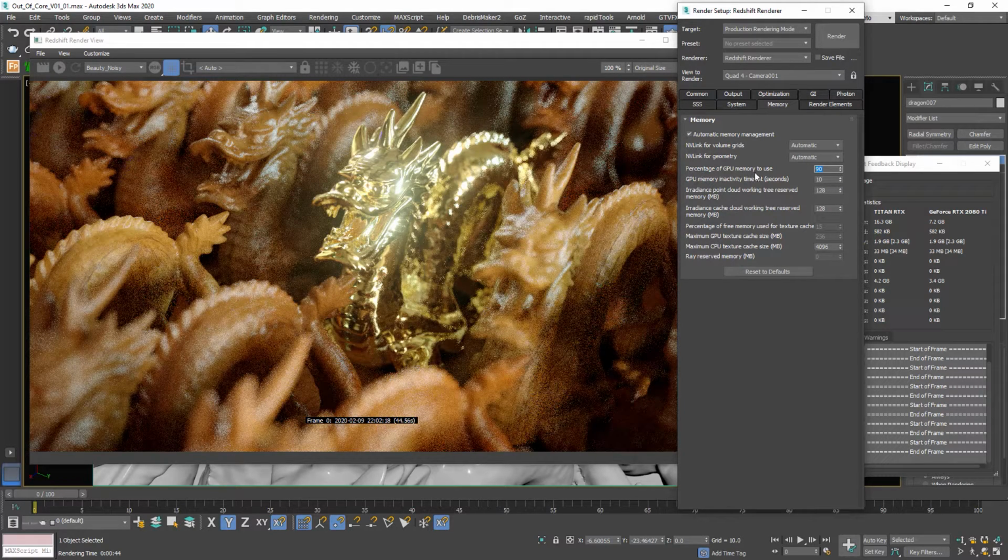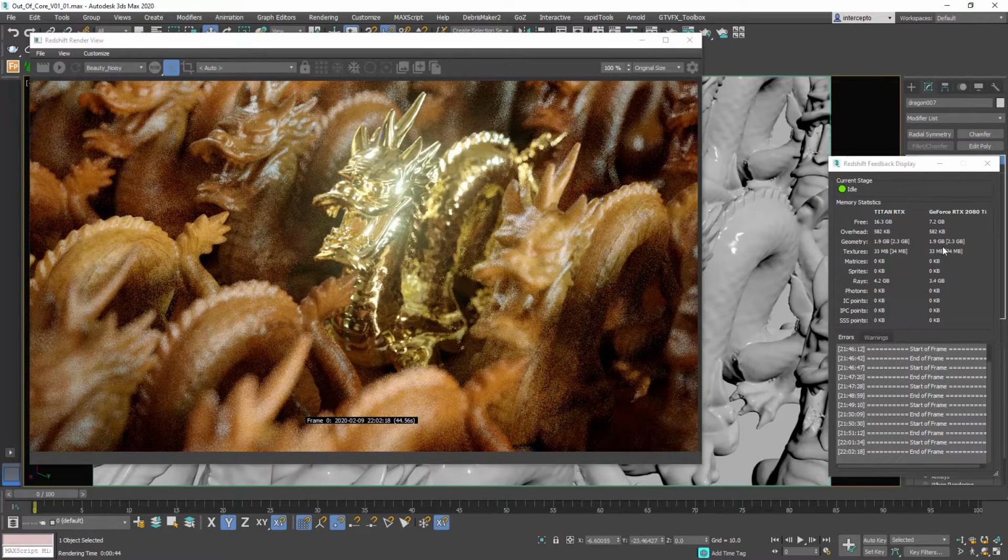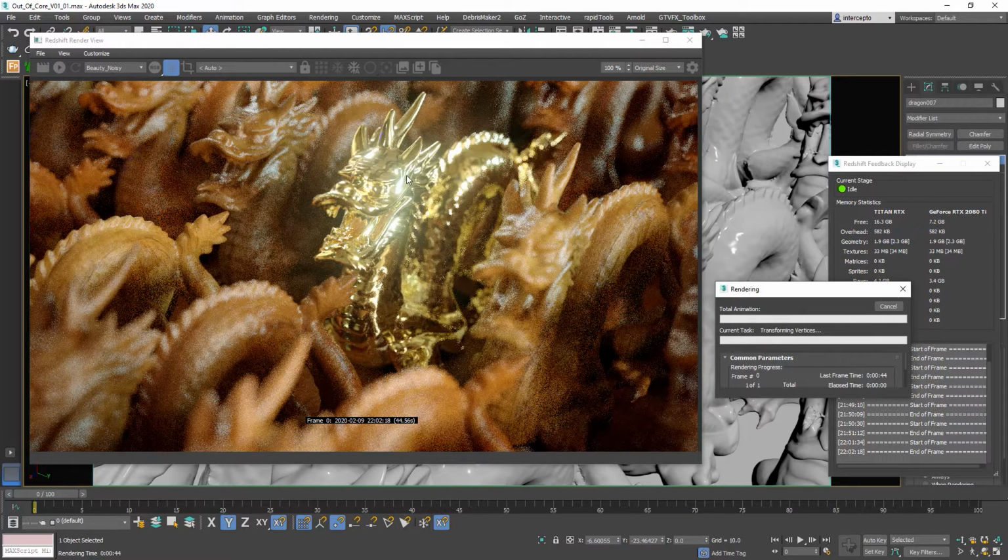So that percentage of GPU memory to use, right now by default it's set to 90, and I'll force it and set it to 30, which means that memory available on both of these cards will be limited to only 30% of free memory. So if I click render again, you can see with all the information there is 1.9 gigabytes, and then in those square brackets there is 2.3 gigabytes, and that's the